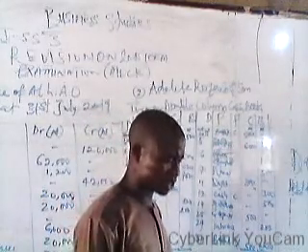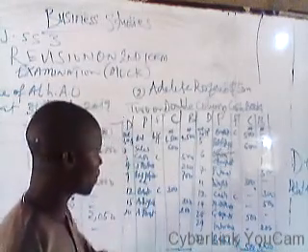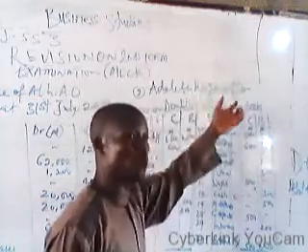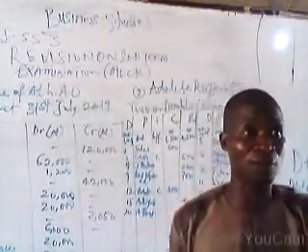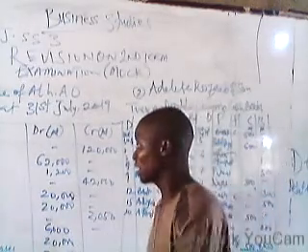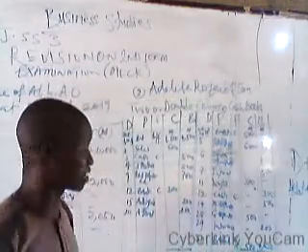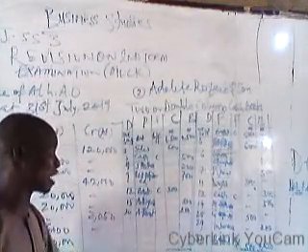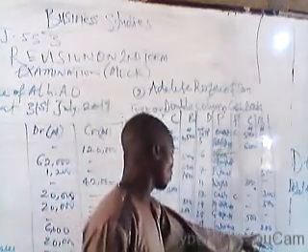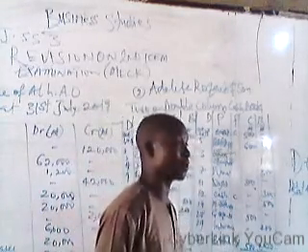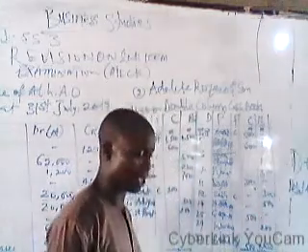On October 29, paid insurance by check. On October 29, we paid the insurance company. You know, we always insure our business, either against fire, burglary, accident, whatever. The business has to be insured to avoid all these things, because all these things are risks. This insurance has to be paid at the end of every month or every year. So we now pay 200 naira by check. We paid insurance 200 naira by check. It has to be credited to Adeleke Rokim's account.